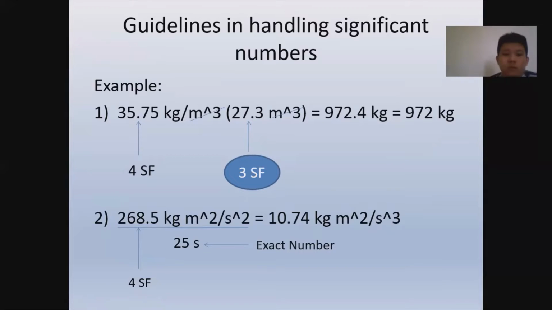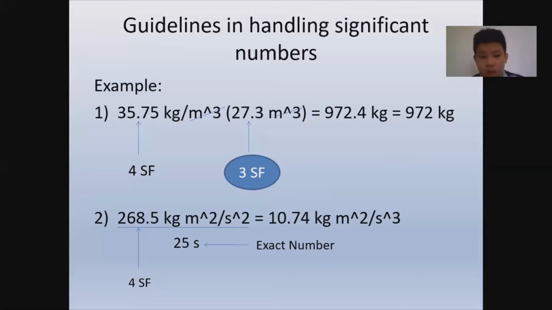Okay. The guideline in handling significant numbers. The first example is 35.75 kilogram per meter squared multiplied by 27.3 meter squared is equal to 972.4 kilogram. Why is the final answer